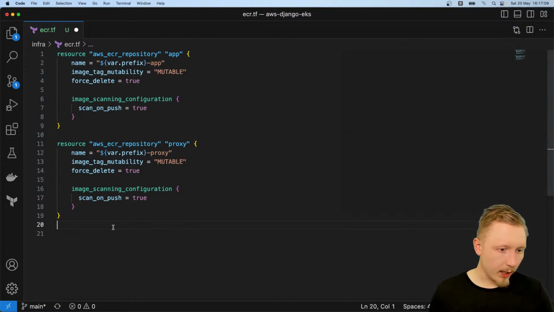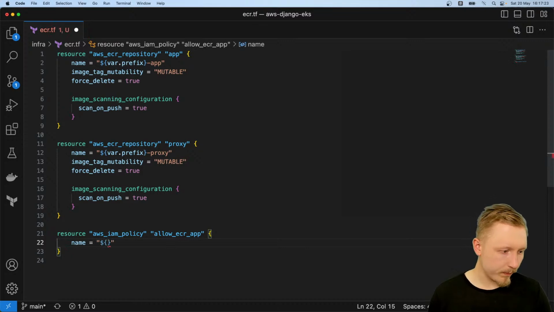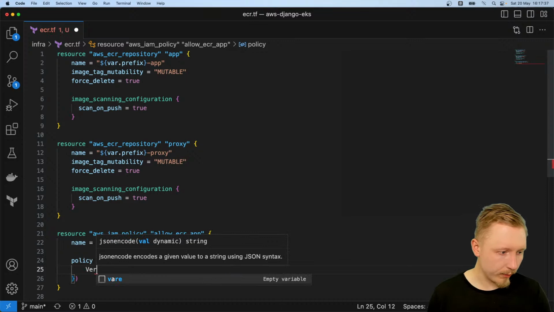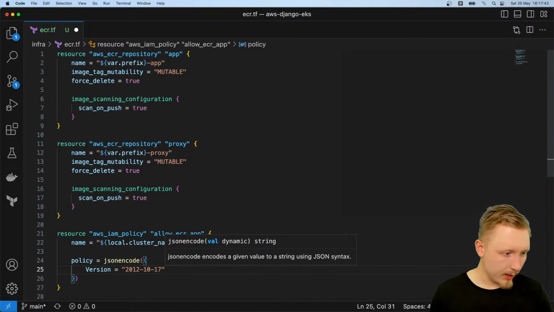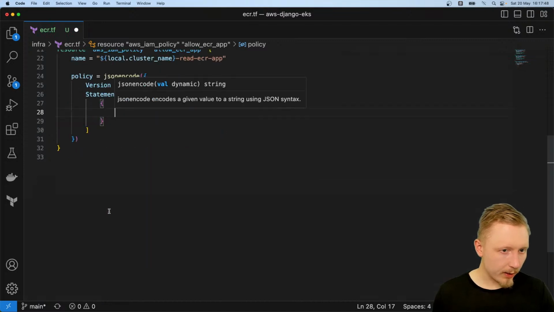And then we're going to do resource AWS IAM policy, allow ECR app, and name equals local.cluster_name -read-ecr-app. And then policy equals jsonencode. And then we're going to encode some JSON here. So version equals 2012-10-17. And then statement equals, and then square brackets here, statement equals